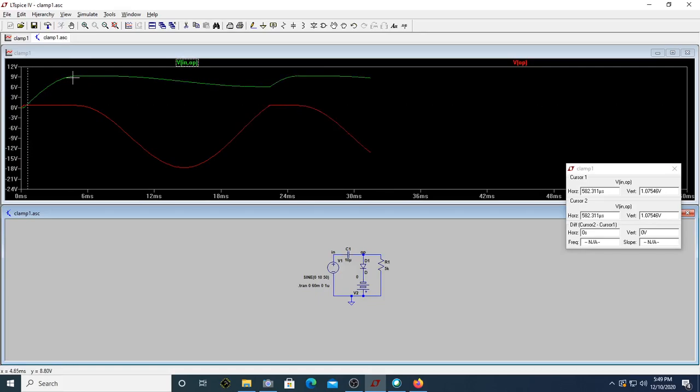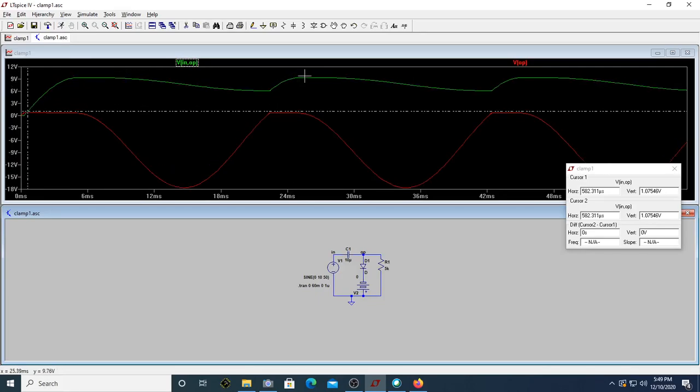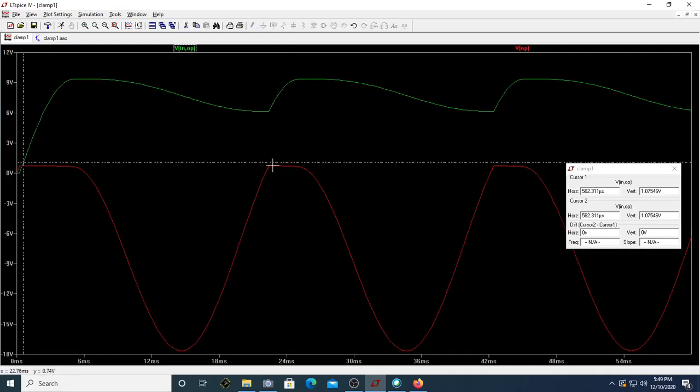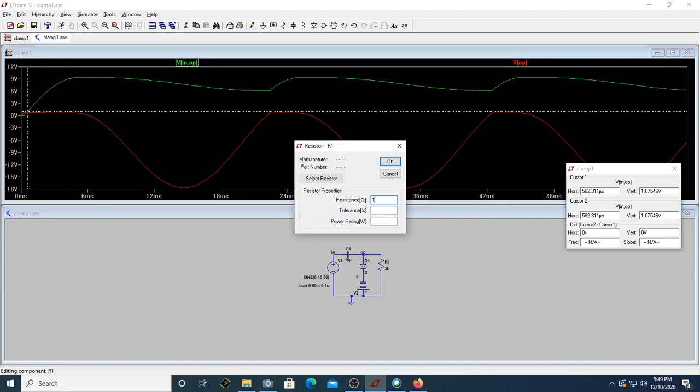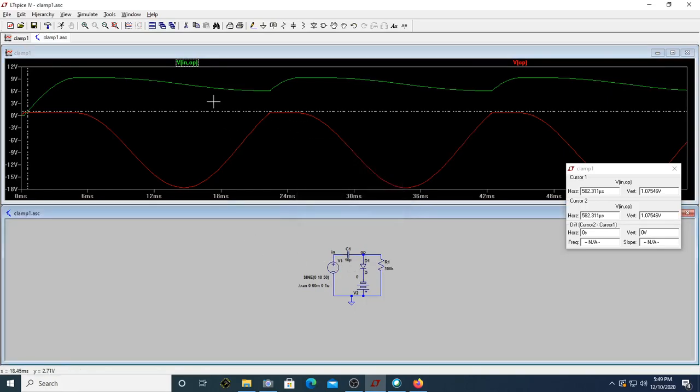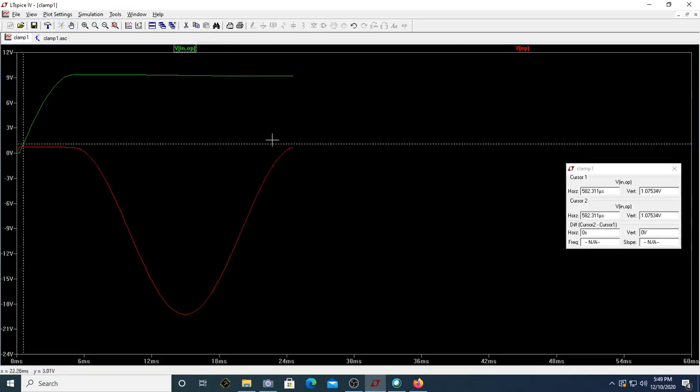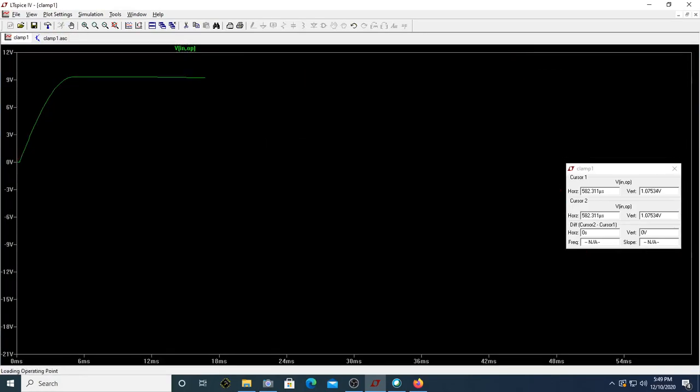Can you see, when I make it 5k, it is discharging to some extent and it's again going high, again discharging, again charging, again discharging. This should not happen. If this happens, the output voltage, which was supposed to be sinusoidal, is now becoming non-sinusoidal. If you want a perfect sine wave clamped down to V gamma, this capacitor voltage should remain almost constant. That will happen if the resistance value is very high. If it is 100k, you can see this shape is almost sinusoidal even at the peak.